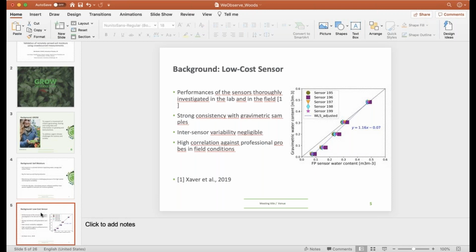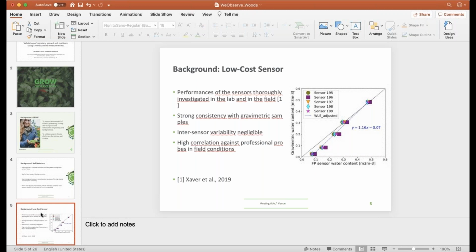using crowdsourced sensing. So the background to the soil moisture sensor we're using, which was the Flower Power Parrot sensor. It's a commercially available sensor at scale. At the start of the project, we invested in buying 15,000 of these sensors to distribute across Europe to specially selected sites. And one of the first things we did was to validate this low-cost sensor both in the lab